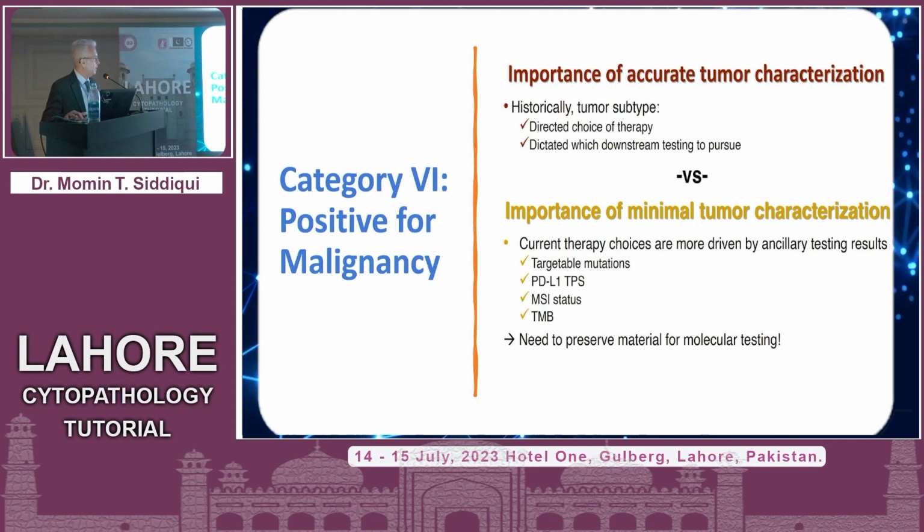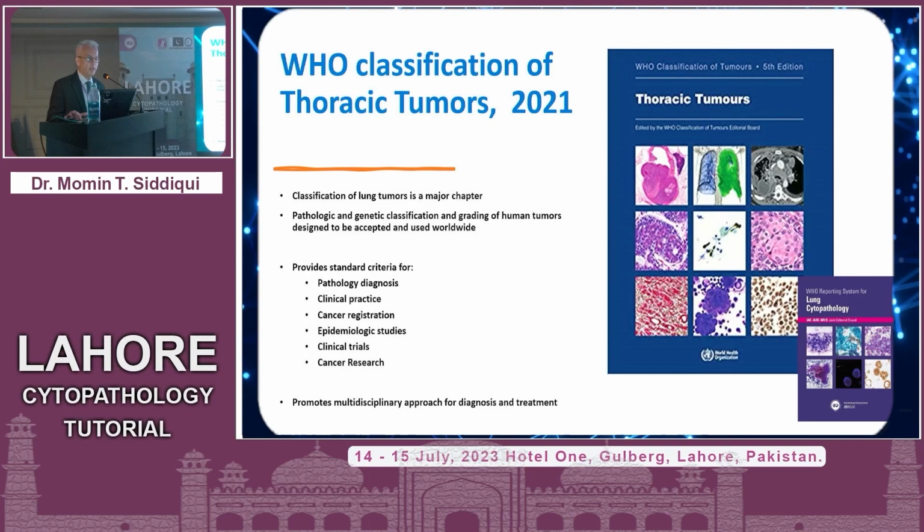And that is basically a very difficult task, especially for some cases that we encounter. But again, to be noted that this is really now more and more a focus of our practices. So the WHO came out with the thoracic tumor classification in 2021. This is the most current blue book, and most of the lung tumors are characterized in this. And then based on this, this is the most recent lung cytopathology classification that has just been